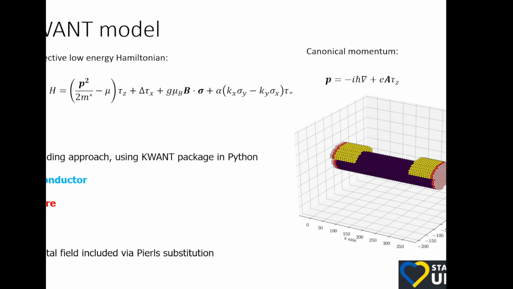So the tight-binding model is an approximation of transport through a crystal, where here you see all these yellow balls, blue balls. Each ball is a site, and we assign it an on-site energy, and then the neighboring sites are connected by a hopping term. So the Hamiltonian is on-site energy plus hopping, which is like potential energy and kinetic energy. In principle, you could make it at the atomic scale, where each site is an atom in a crystal, right? And that would be a pretty accurate model. It's still an approximation, but